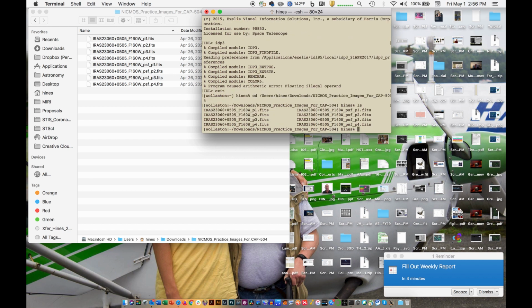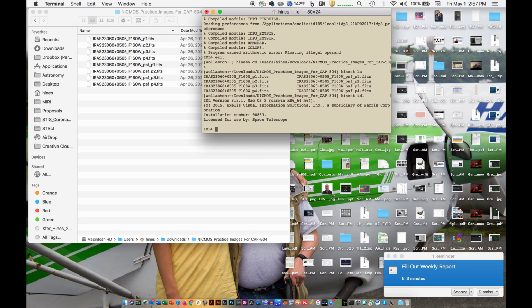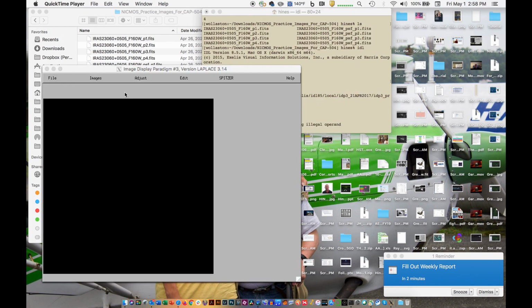Okay, and so I'm going to start IDL, and then I'm going to start IDP3. Okay, so now we have IDP3 running. This is what you should see. I've set it up so that the parameter files should specify the GUI for laptops. You can fix all that by going into